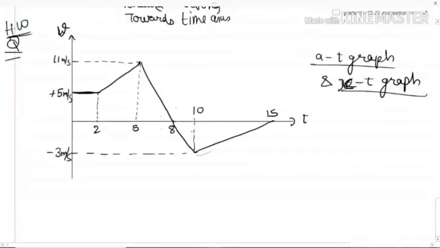Or you can just take it as one triangle with 8 to 15 base and 10 to 3 as the. So please remember, this displacement is negative. This area which I have is negative, and this area which I have is positive. The overall displacement you can calculate just by calculating the area. Is this fine, guys? Yes, sir. Okay, so try to do this question as soon as possible.